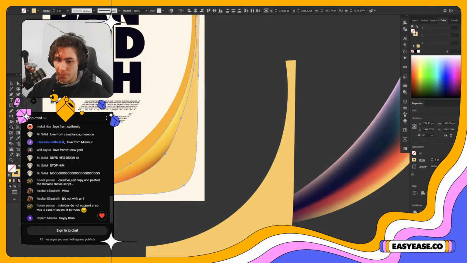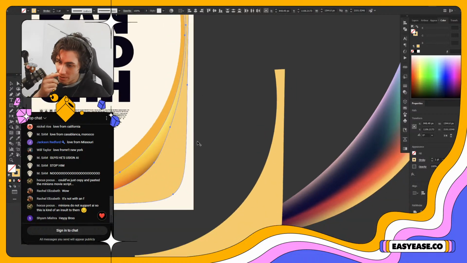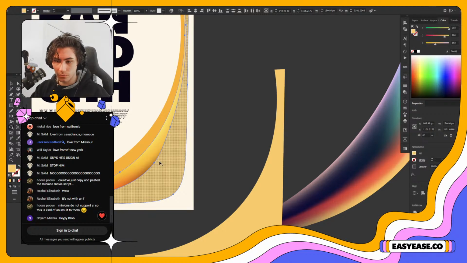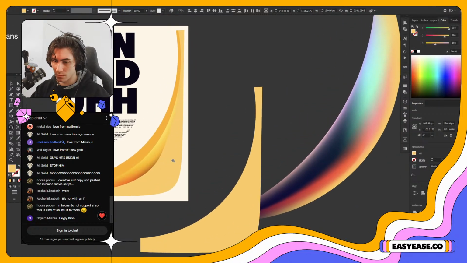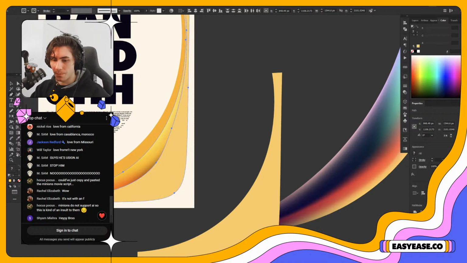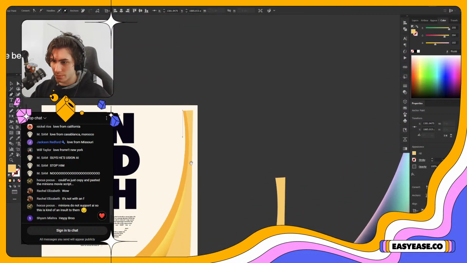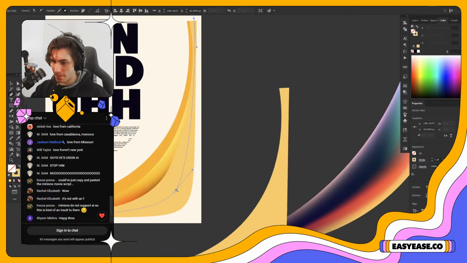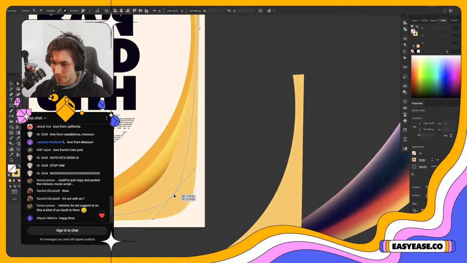All right, that's a shape. I don't know how it came up with that gradient, but that's cool. Oh, because that's the underlying gradient. And then we do it one more time. I might do this with the regular pen tool, honestly, since this is kind of being frustrating. Yeah, I like that.